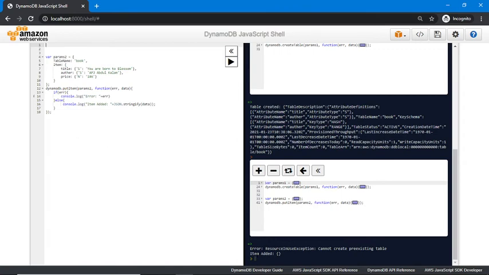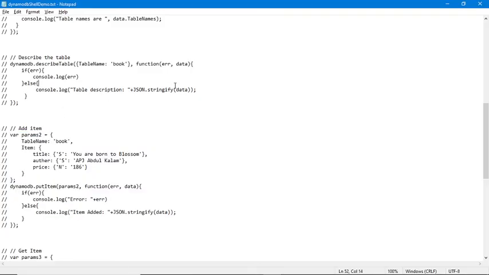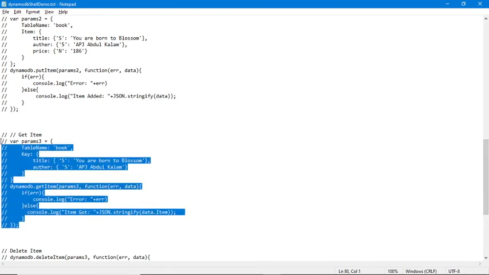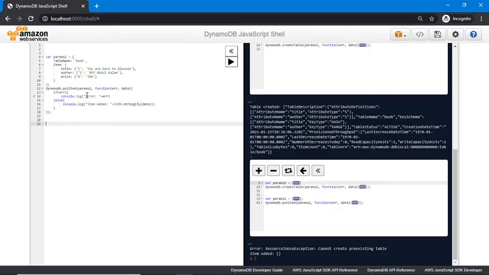And you can see the item is already added. This command was already executed, so our item got added. Now I want to get that item, so we will execute the get item command. Here is my get item command.